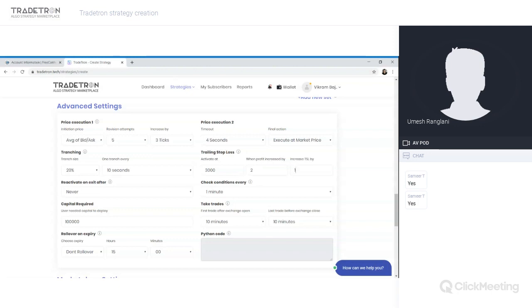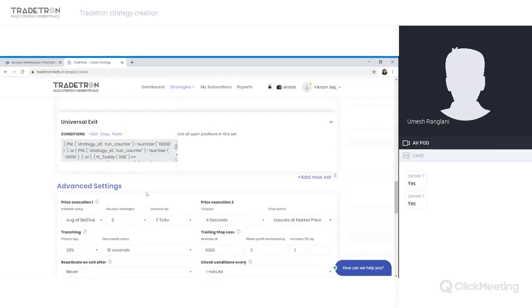So if my total profit reaches 5000, my trailing stop loss will be at 1000 rupees, because after 3000, 2000 points have been added to my profit, so my trailing stop loss will increase by 1000 rupees. So like that, you can trail your profits as well.